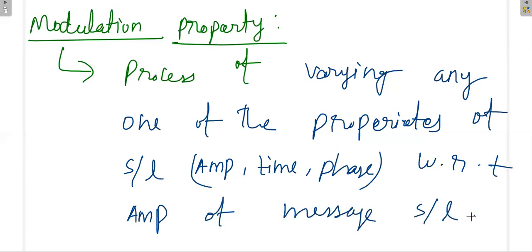So simply, the message signal is the signal which is having the important information, but the message signal cannot directly go to the longer distance due to some reason, so that we are using the modulation property. That means we will be having a carrier. So we'll be modulating that carrier with the help of our message signal, so that the message signal sits on that carrier and then it is taken to the receiver side, and from the receiver side the carrier will be removed and then the message will be recovered by the receiver.